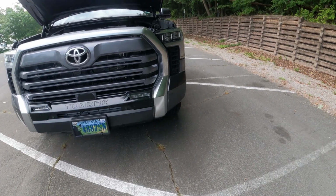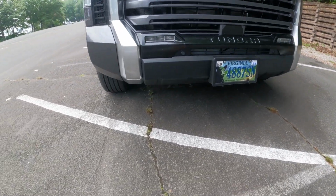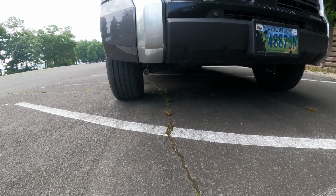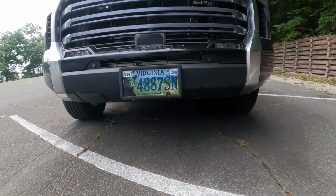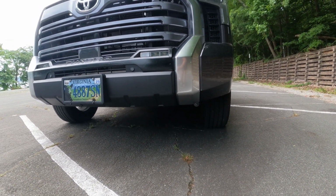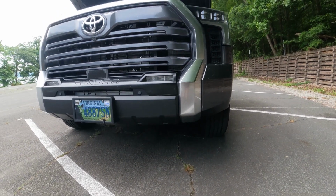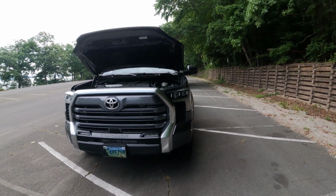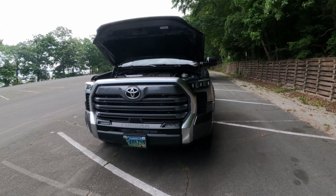I've already mentioned this, but I'm still really upset about it. There's no tow hooks. There's no tow hooks on these Tundras. That's the dumbest thing ever. Come on, guys. Engineer this thing with a tow hook on it, at least one. Inexcusable. Now, there are some aftermarket options, but installing those will kind of limit the angle at which you can